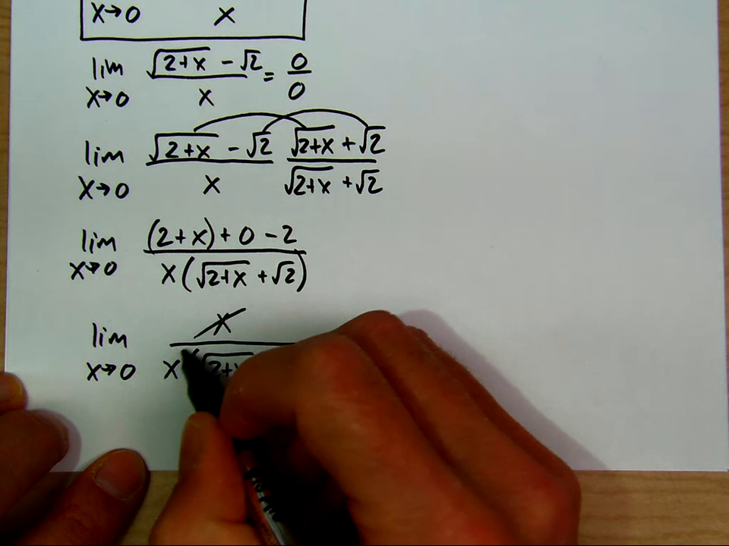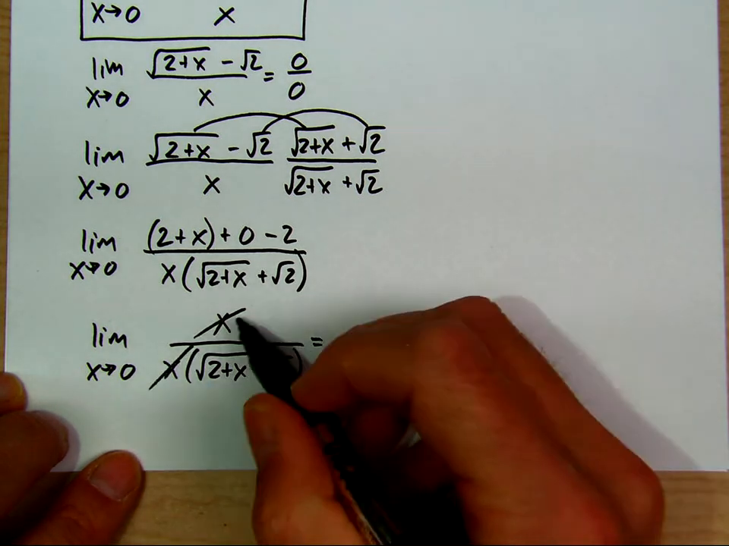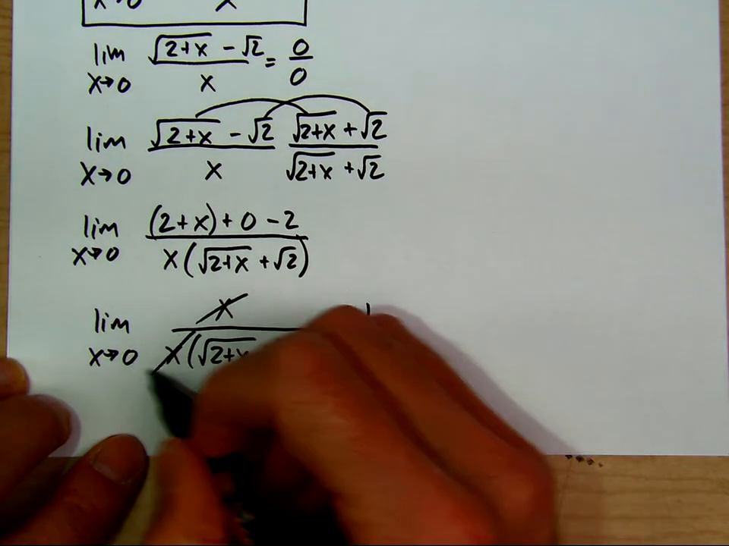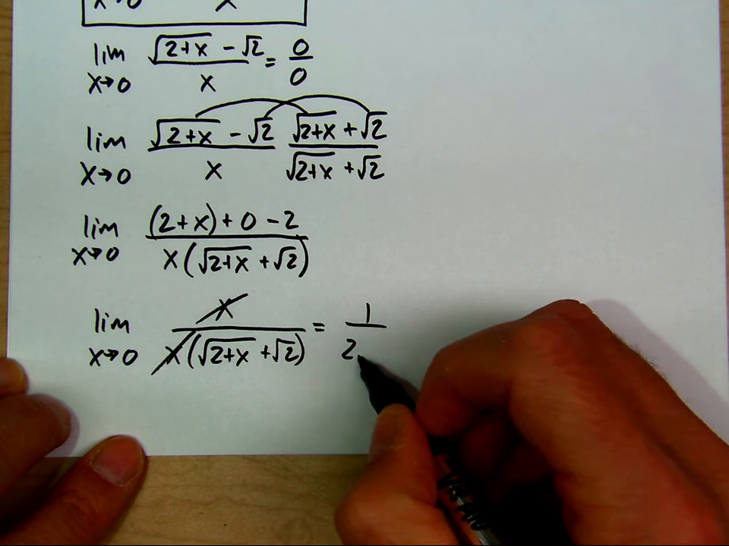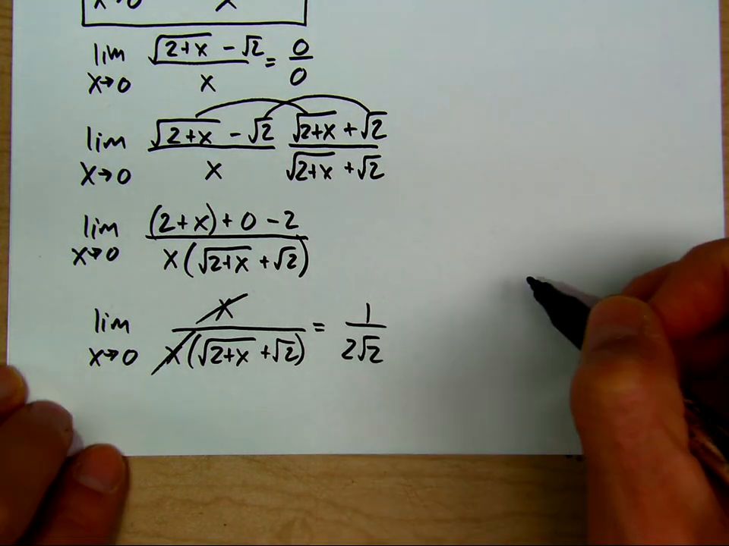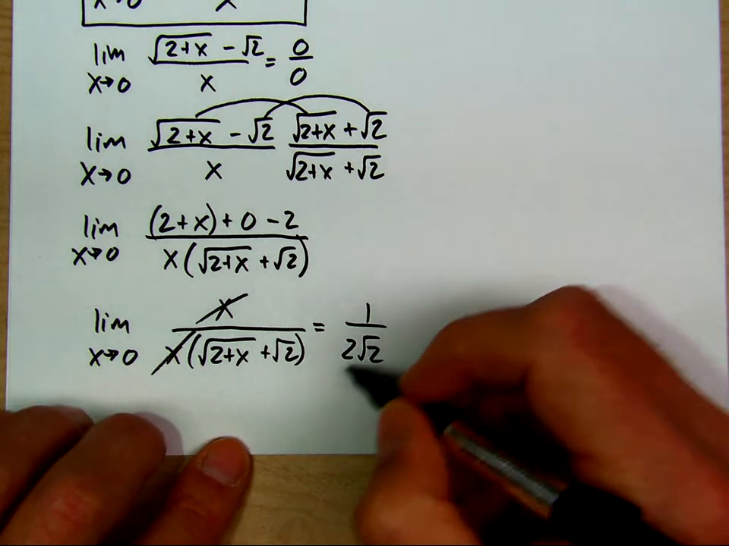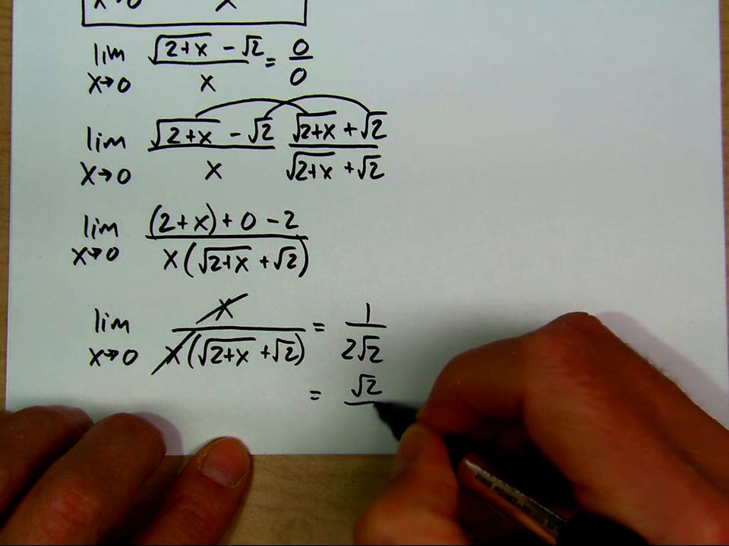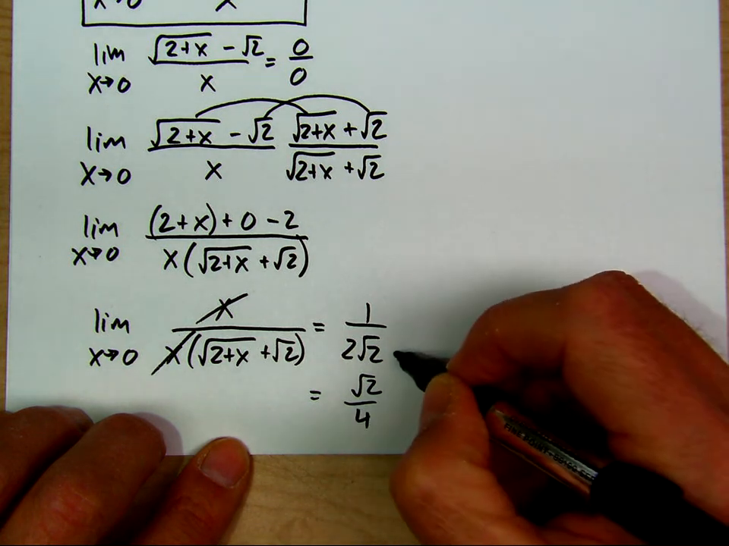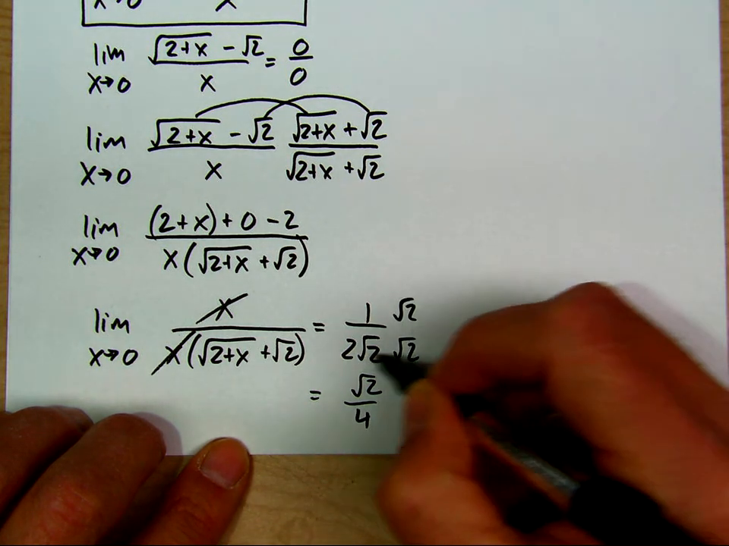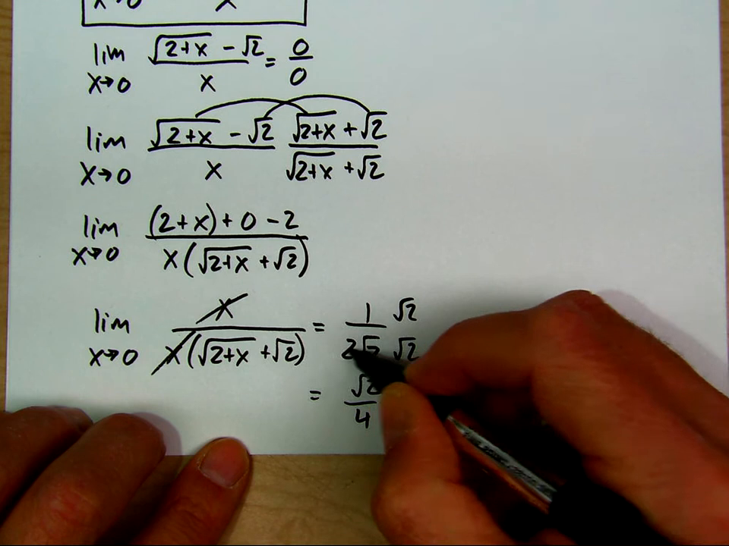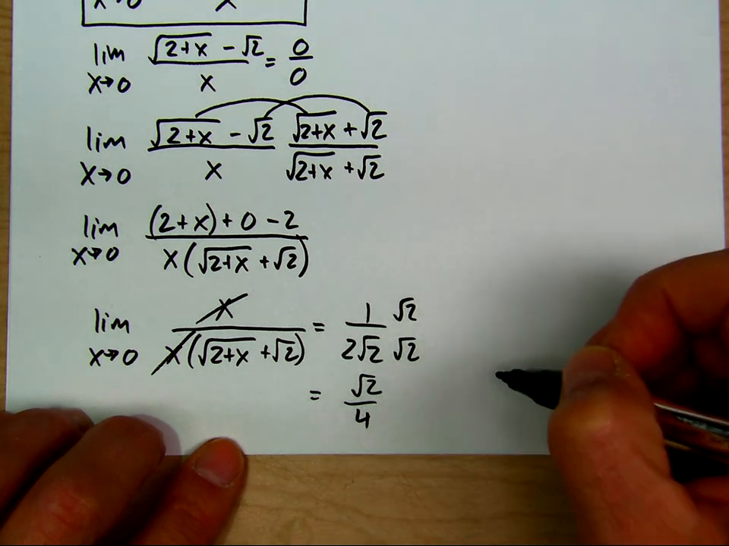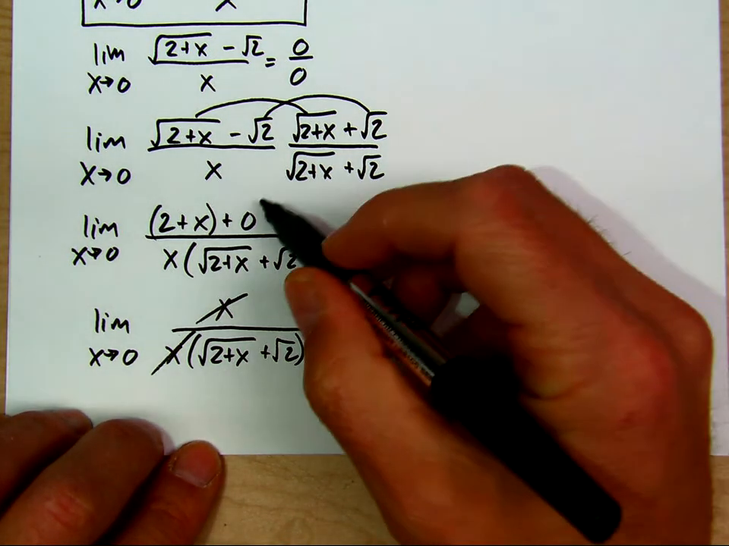So the x's cancel, and we have 1 over, substituting 0, 2 radical 2. And we can rewrite that as radical 2 over 4, because we would rationalize the denominator. So 2 times 2 is 4, and then we're done. If you're wondering where this came from,